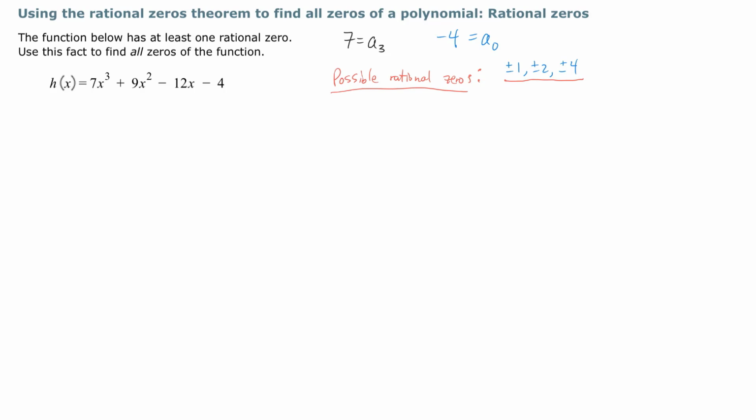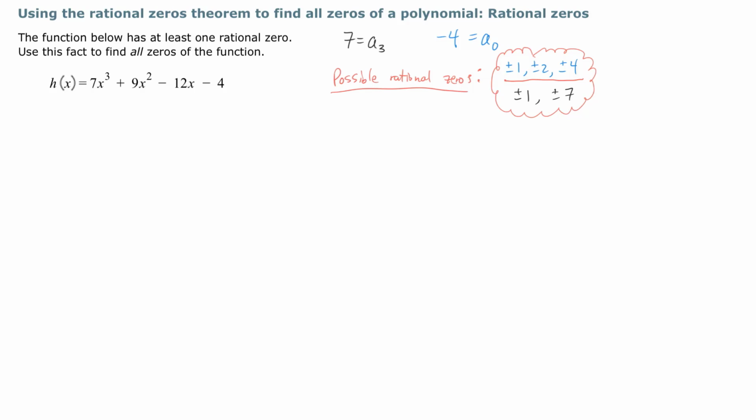And what are the factors of 7? 7 is a prime number, so we only have plus or minus 1 and then plus or minus 7. So these are the possible rational zeros. I'm going to bubble this because this isn't actually correct mathematical notation. However, notice